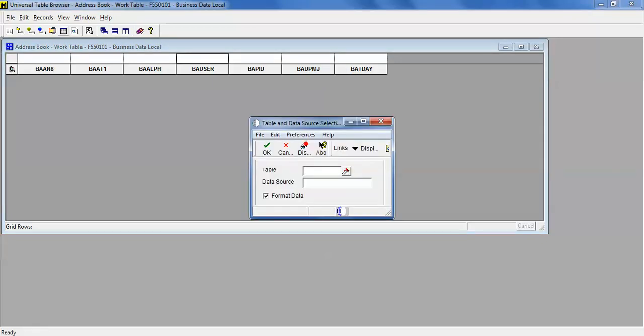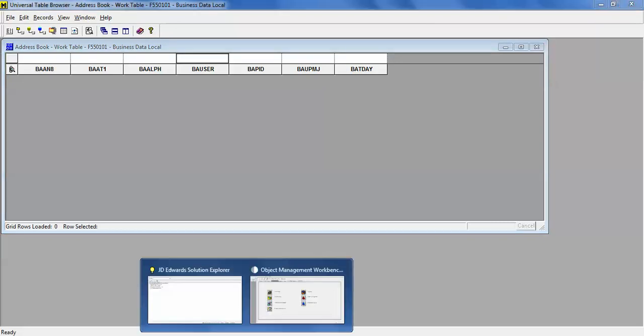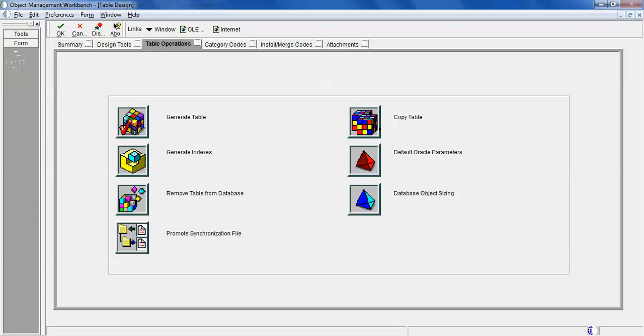You will not see any record if you click on the find button. So basically the table is created. Now let's go back. So we created here